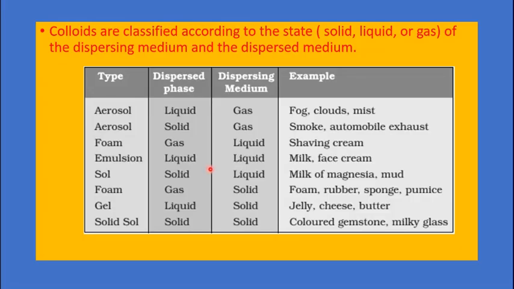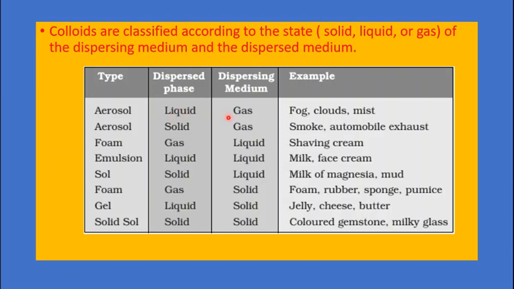So let's see examples of the different types of colloids which are around us, which we can see in our house. You can also look at them and classify them. First example, aerosol. Aerosol is a type of colloid. Please learn this table properly. In the first example, liquid is the dispersed phase, dispersed in gas, and the gas is the dispersing medium. For example, cloud, fog and mist. Early in the morning in winter you can see fog and mist all around. That is known as an aerosol, in which liquid is dispersed in gas.